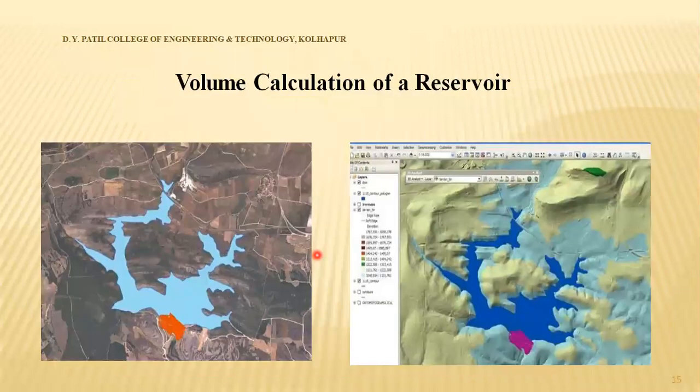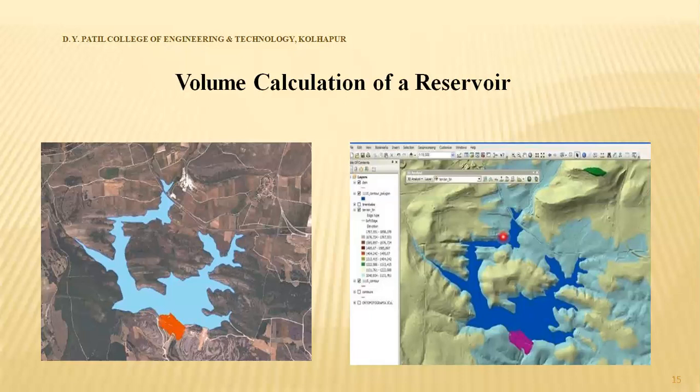Calculation of reservoir volume. To find out the volume of water to be stored behind the dam is one of the tasks which cannot be easily done by the engineer in charge. If the area has a lot of undulations, ups and downs, we have to provide contour maps, and from contour maps we find the area, and from area we find the volume.